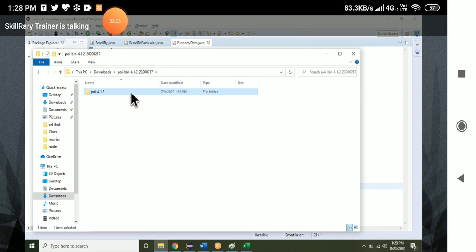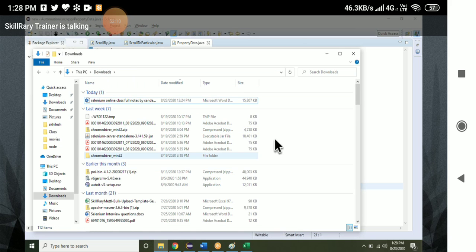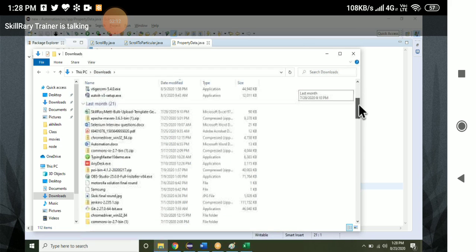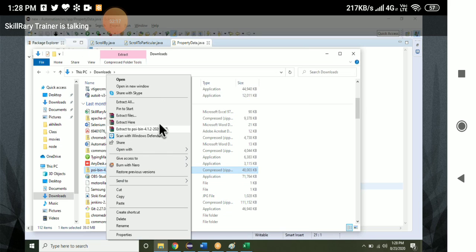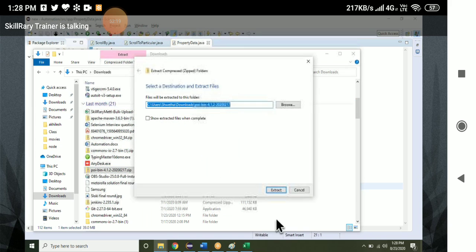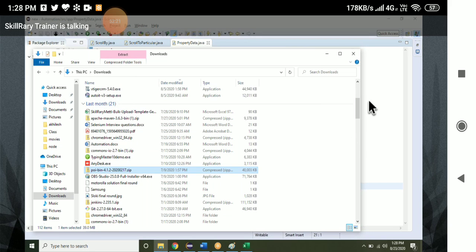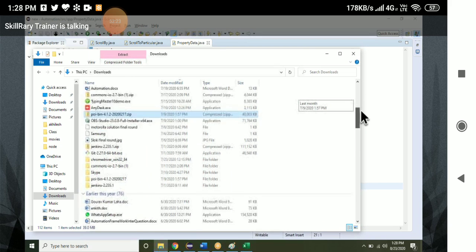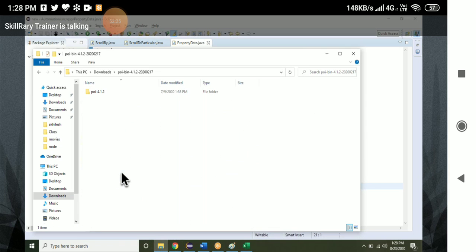Yes. Okay, open this. Unzip the folder first. From here, you unzip the folder: right click, extract all. Click on extract, and the folder will be unzipped. After that, open this file.